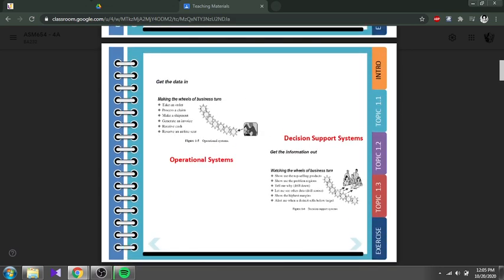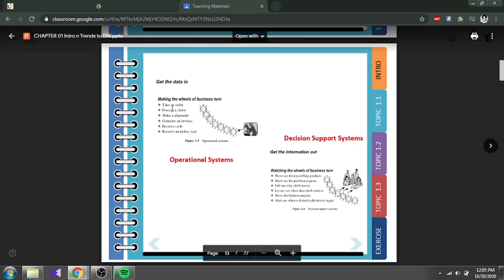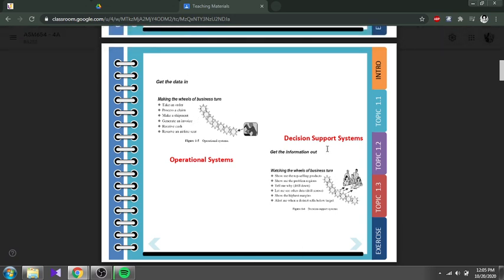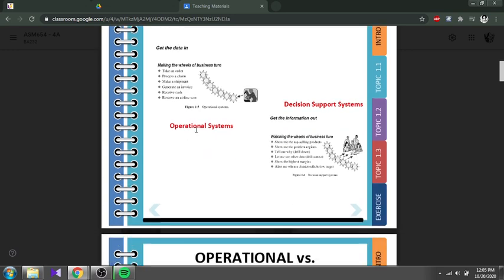Okay, as I hope you can see, we get the data in the operational system, and we take an order. Everything happens here. Then we transform this into something for the decision support system. This one is DSS, an expert system on the parts of system analysis. A decision support system is a higher-level system compared to the operational system, which is mostly the TPS, the transaction processing system, because they just receive records and data in and out.